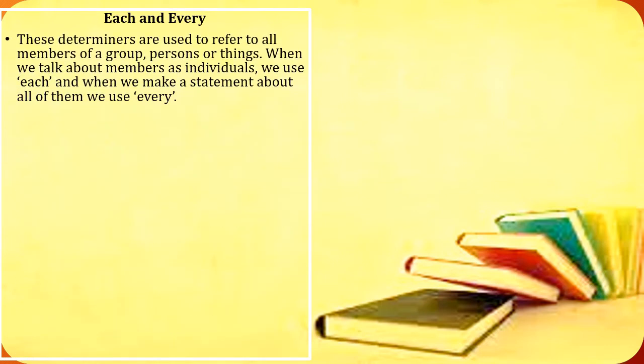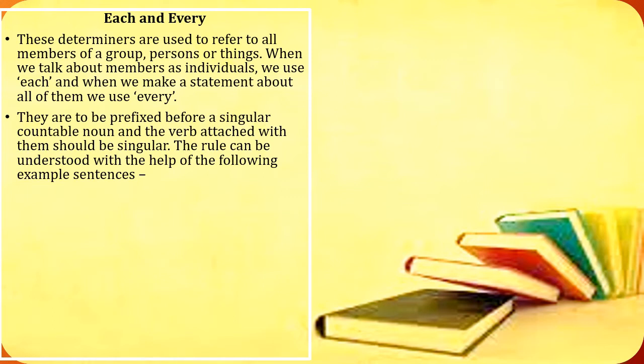Then you have each and every. These determiners are used to refer to all the members of a group, persons or things. When we talk about members as individuals, we use each, and when we are making a statement about all the people in the group, we use every. They are to be prefixed before a singular countable noun, and the verb attached to them should also be singular. For example, each and every board member